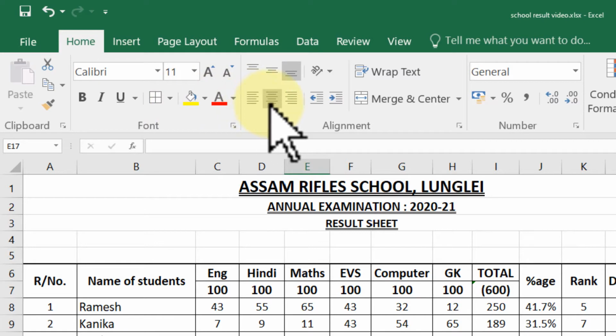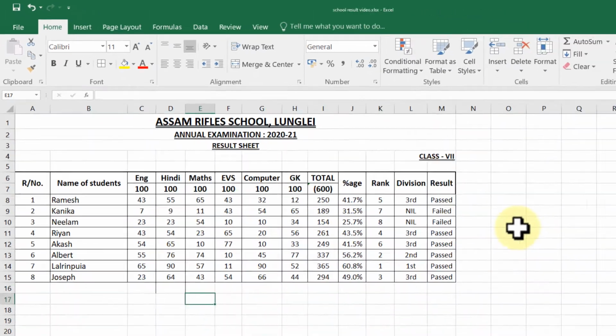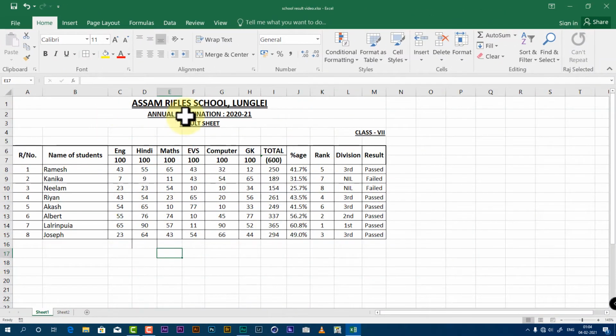Step by step we will learn in our upcoming videos. Here I am not going to explain the functions of each and every tool, but we will create a result sheet and several other projects and use those tools in our project, because that way we can understand the functionality of those particular tools. So without any further ado, let's get started.